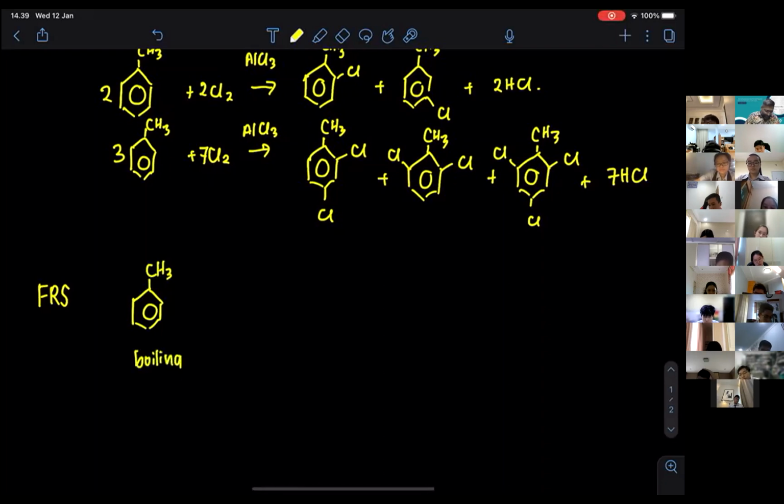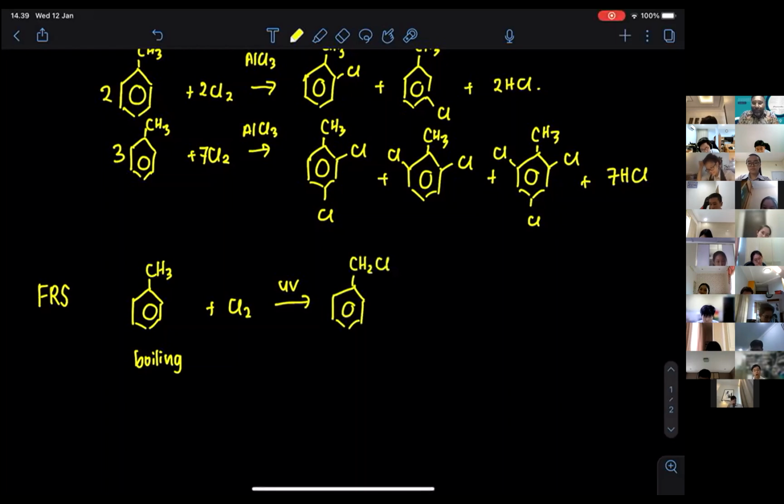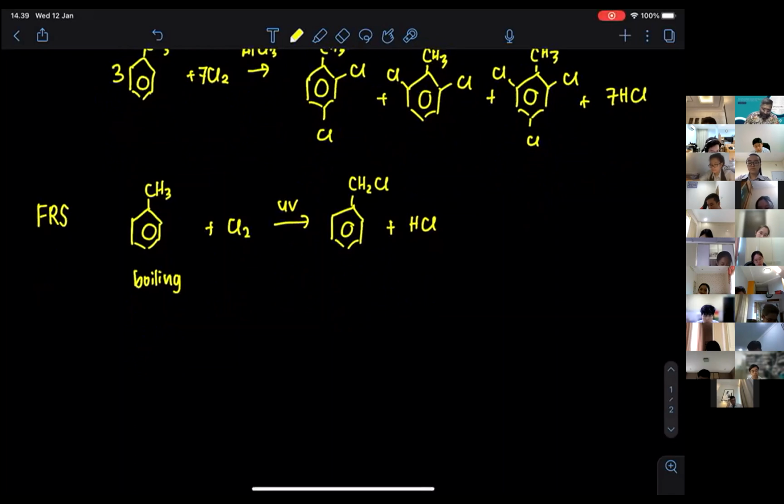Okay, you boil, and then let's say Cl2, and it must be in the presence of UV light. So what will happen, you are going to have the benzene, so CH2Cl. Do remember there is no direct substitution on the benzene ring for free radical substitution. Plus HCl. If it is going to be in excess, then you are going to get all the